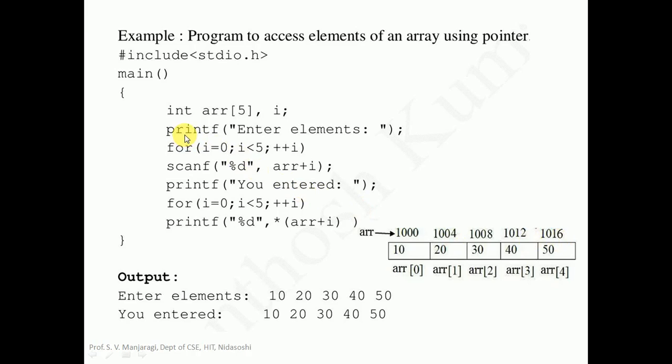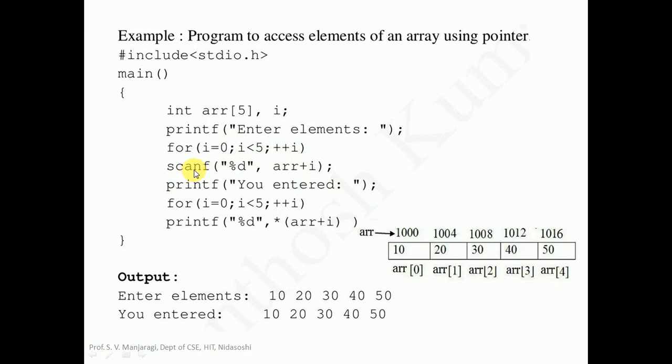Now let us enter the array elements. Printf "enter the element" is the message displayed on the screen, and we are supposed to enter the array elements. We take a for loop and begin with i equal to 0, and the condition is i less than 5, i plus plus. Why should we begin with i equal to 0? Because the array index starts from 0 and the last index is always less than 5. So the condition is i less than 5 and i plus plus or plus plus i.